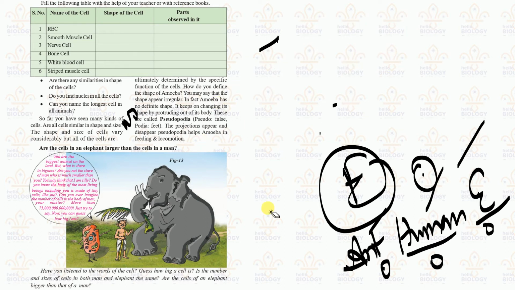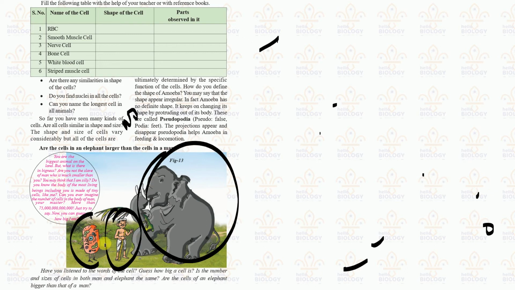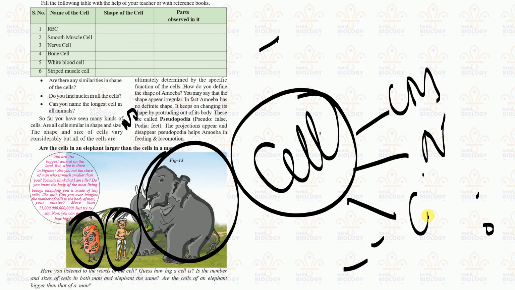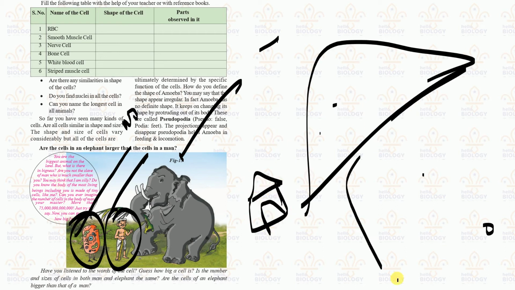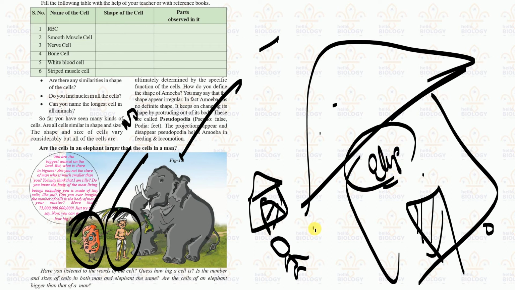It doesn't matter the size of the organism, whether the animal is big, medium or small, cells will be active. They will have a cell membrane, a nucleus, and cytoplasm. For example, whether a home is small or big, the entrance is a door only. Like that, for every small organism or a big organism like an elephant, the entrance of life is the cell only. Understood? That is what it is clearly saying.